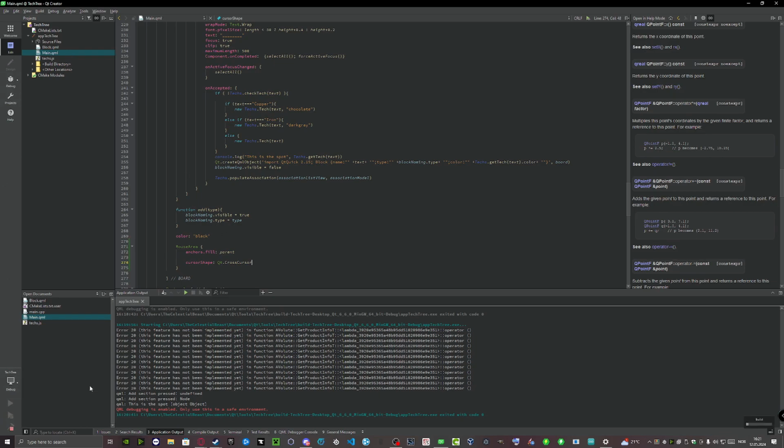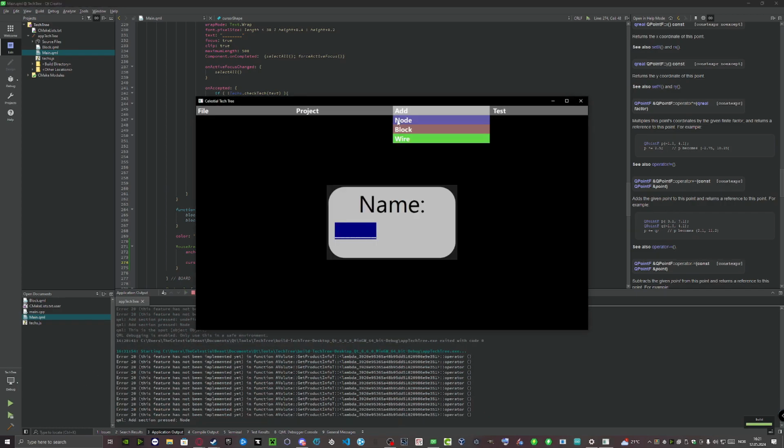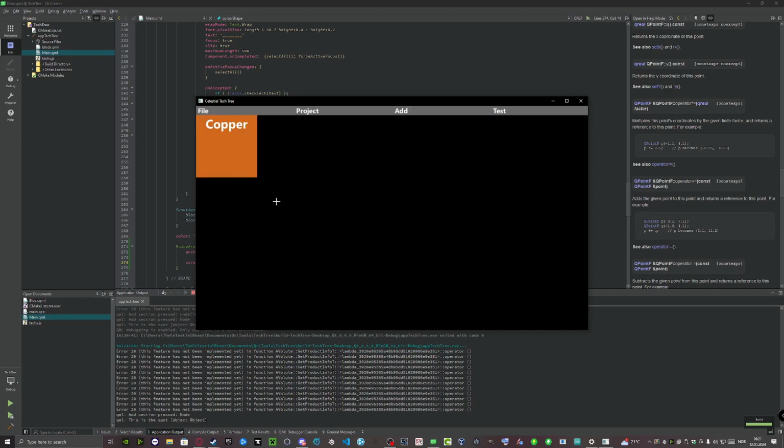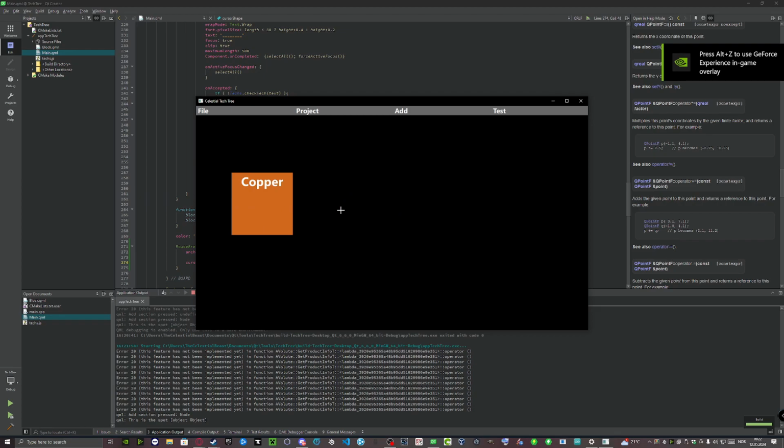I think that will be overwritten when any of the other objects come over. Yeah. So what we want to do is to make it so that